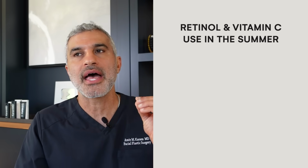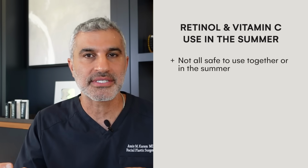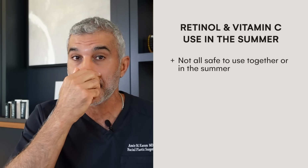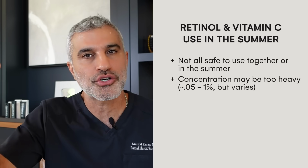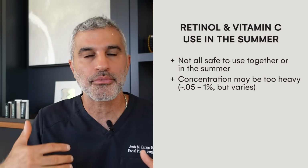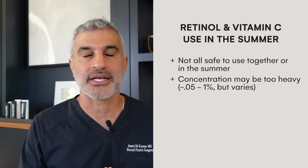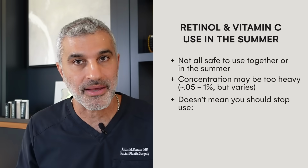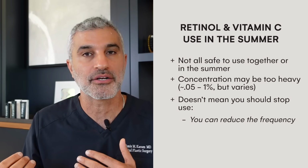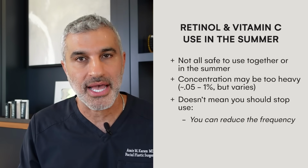However, I'm going to qualify this by simply saying that not all retinols and vitamin C are totally safe to use, either in combination or during the summer, because some of them are, concentration-wise, too heavy and make you a little bit more susceptible to sunburns and irritation and all these other things. Now, that doesn't mean you should stop them. If you are on a retinol or a vitamin C, you might just want to reduce the frequency a little bit, but even better yet,